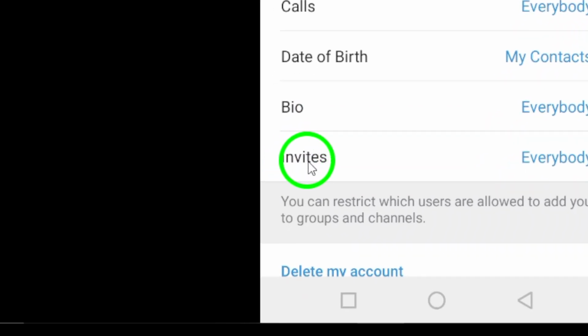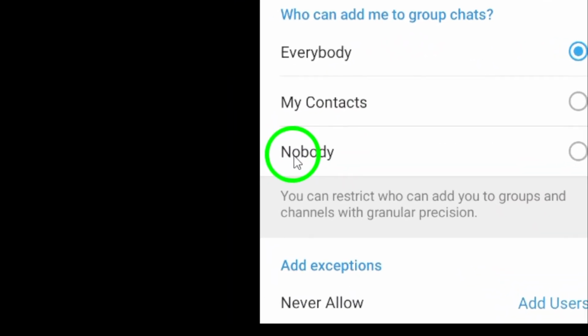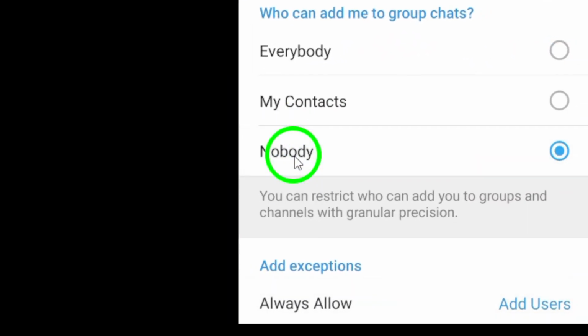Now, under the Profile Photos menu, you'll find the section labeled Invites. Tap on that, and this is where you get to decide how you want to manage your group chat invitations. You'll notice an option that says, Who can add me to group chats? This is what we've been looking for. Simply select Nobody. By doing this, you ensure that you won't be added to any unwanted group chats without your